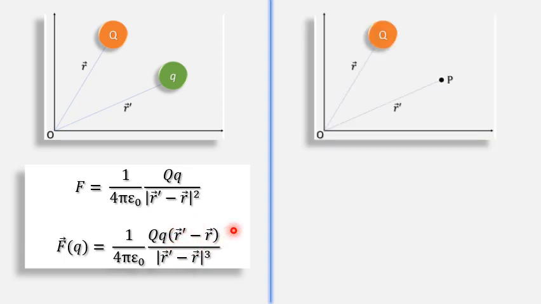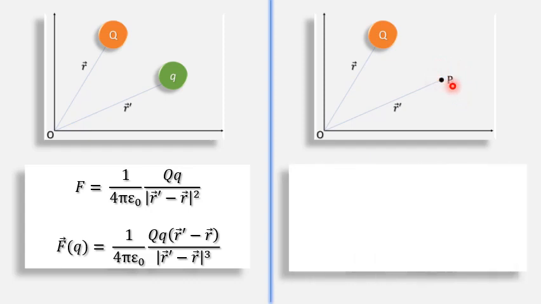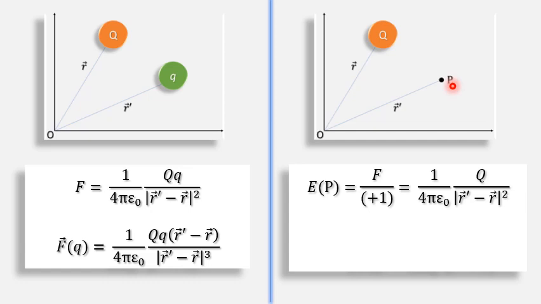Similarly, in case of electric field, when you want electric field at point P, suppose I don't want this small q, I want the influence of capital Q at this point, say point P. So now this Q is the source charge and I want to find out electric field at point P, so I'll have to place a test charge here. So when you place a test charge, the electric field can be given as this.